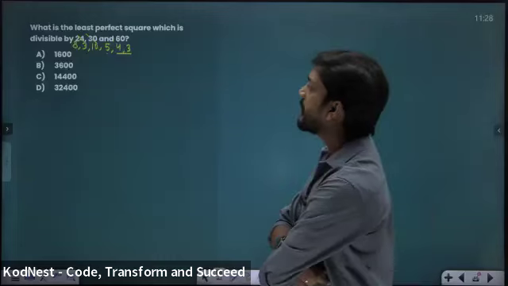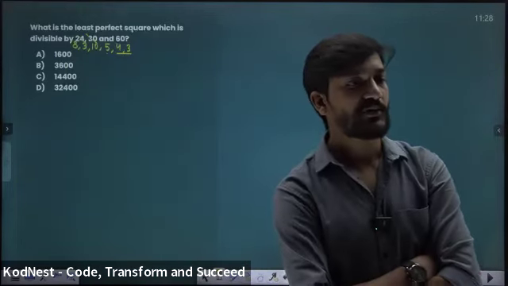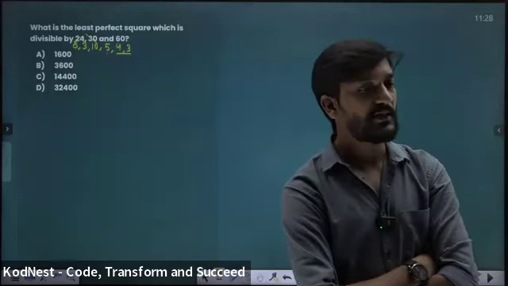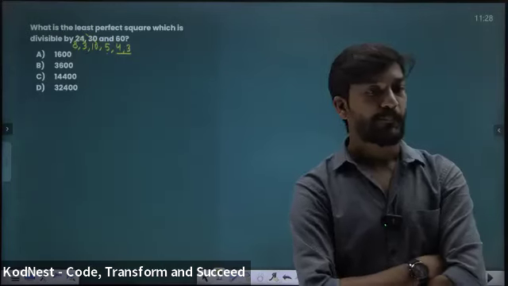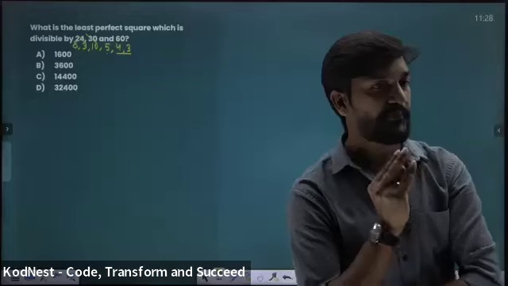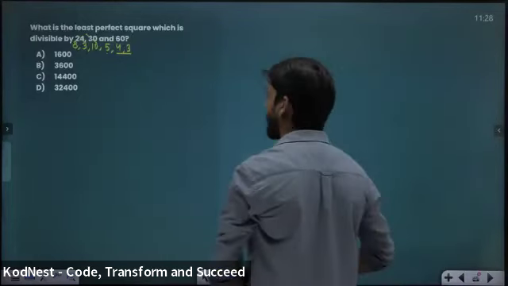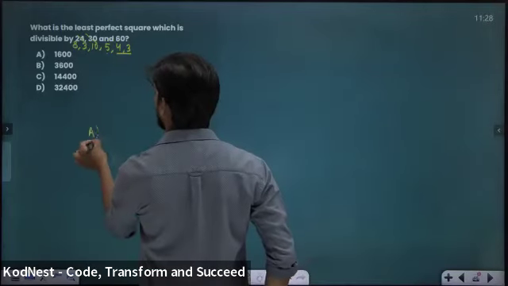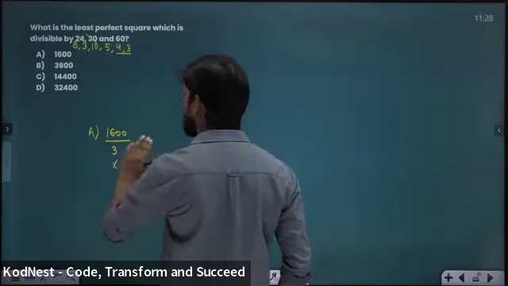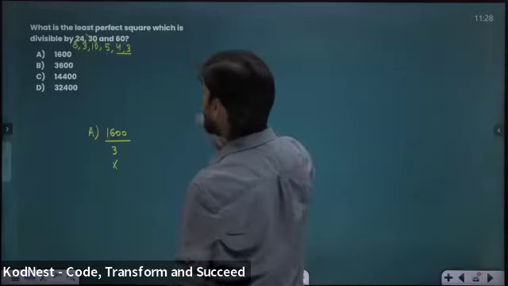1600. Is 1600 divisible by 3? How come you are saying 1600? I have no idea. Is it divisible by 3? 1600. One very basic check by 3 you are not able to do. Okay, 1600 is not right. So A option, 1600 is not divisible by 3. That's why removed. The rest of the options, that means B, C, D, if you check,